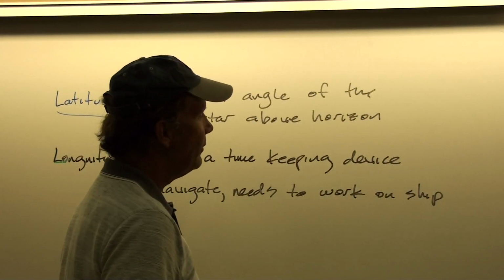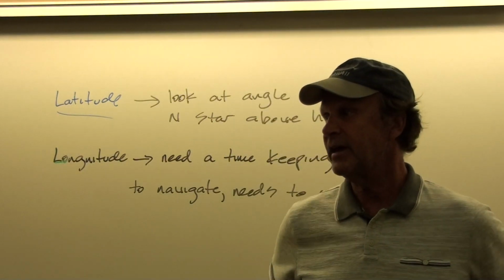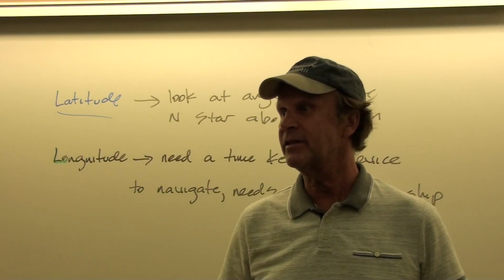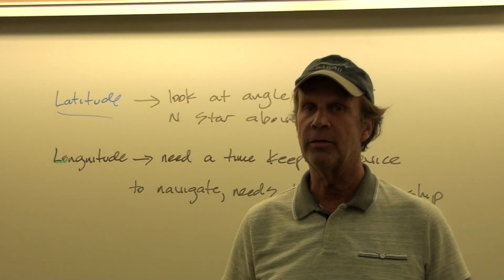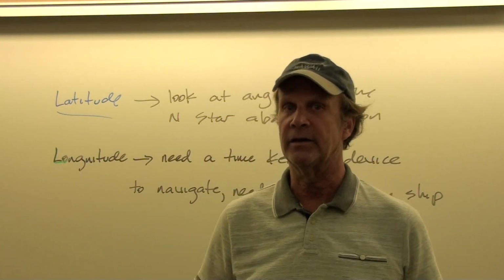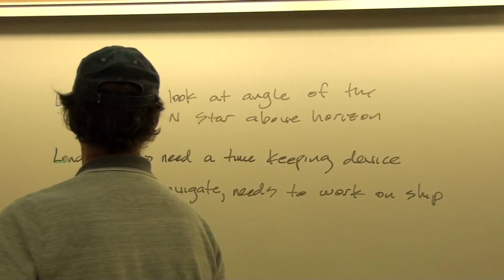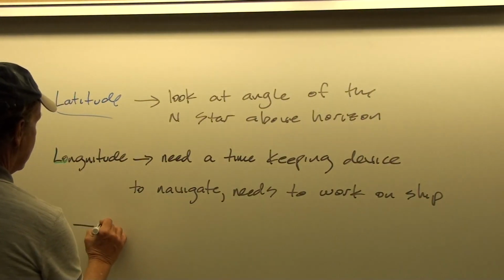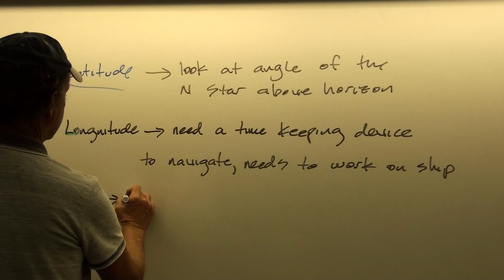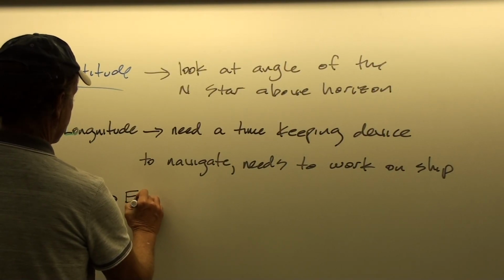But the problem of having a good timekeeping device that works on a ship is that since the time of Galileo, the only kind of clocks they had for a while were pendulum clocks. And those pendulum clocks don't work well on a ship that's rocking back and forth. They would throw them all off. And so there was a big search for a clock, and England had a big prize for the first person to find a working clock on a ship.